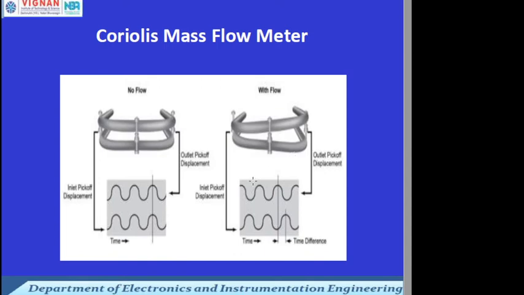Now if you see this construction, these are U-shaped flow meters, a U-shaped arrangement. Without flow, there is no movement, and the inlet and outlet outputs will be like this. Whenever there is flow, based on the mass changes, out-of-phase waveforms are produced at the inlet and outlet. That is the difference and displacement of the flow meter.